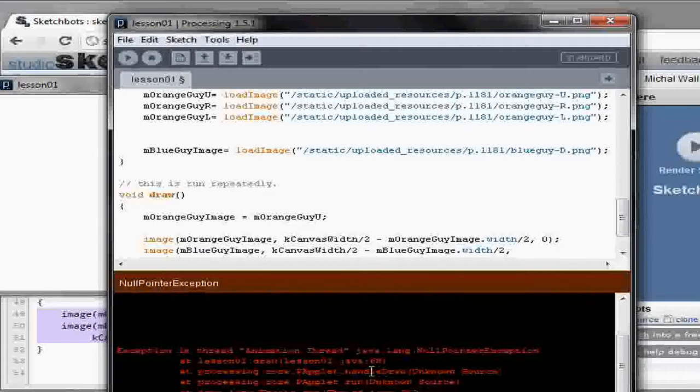And then that run is calling handle draw. So probably it's in a loop and it's handling the draw event. And that draw is calling lesson1 draw. And I have called this file lesson1. So this is actually the error. So on line 68,